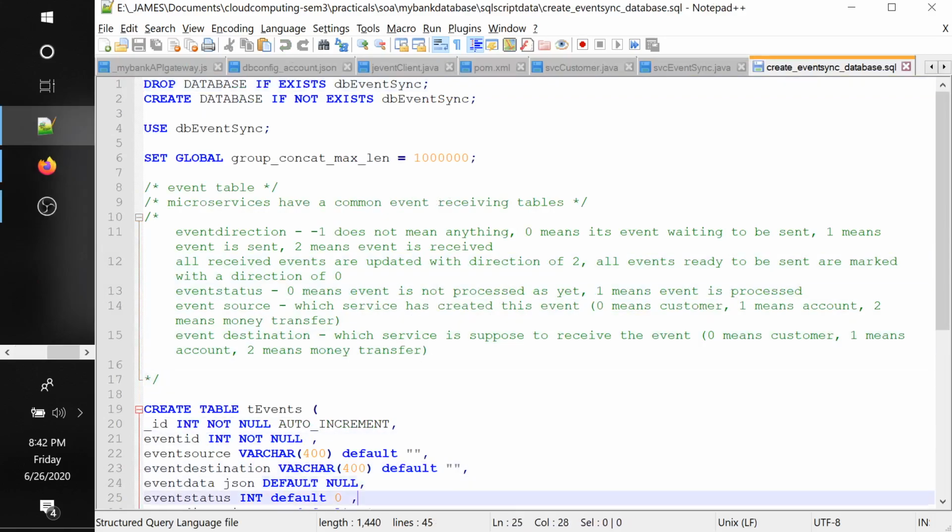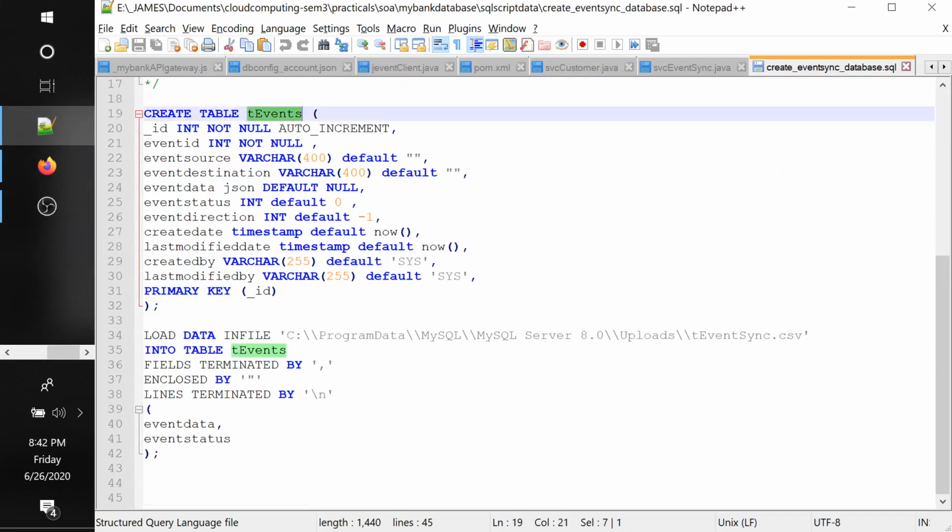In this I am creating a table called T events, in which there is an event ID, event source, meaning where it is coming from, and destination, meaning to whom I need to send it. This works in the same way that our networks work. Our networks always have a source IP address and a destination IP address. In the same way, events will have an event source and event destination.